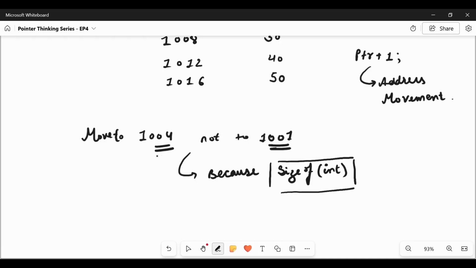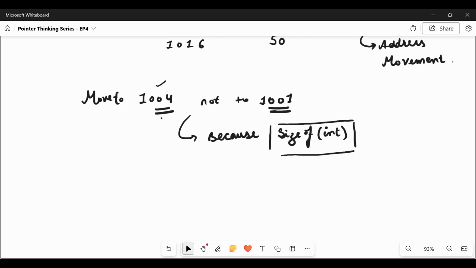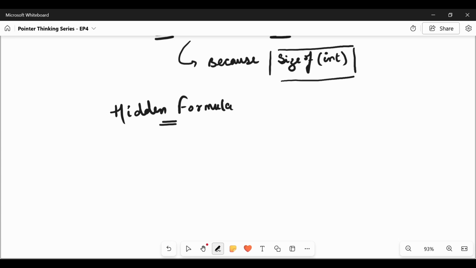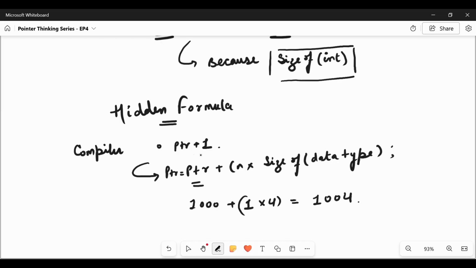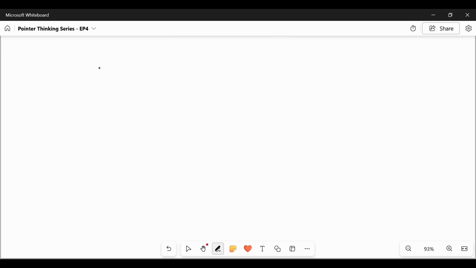So it will move to the next address, that is stored at 1004. What is the hidden formula that applies here? Whenever the compiler sees ptr plus n, it generates ptr plus n into size of data type. This formula powers all pointer arithmetic.